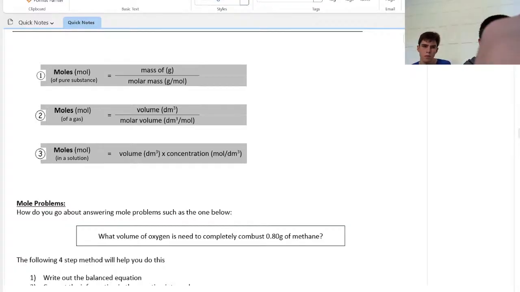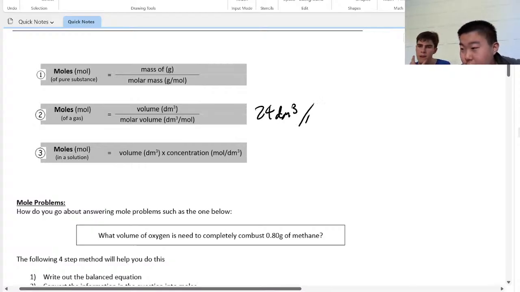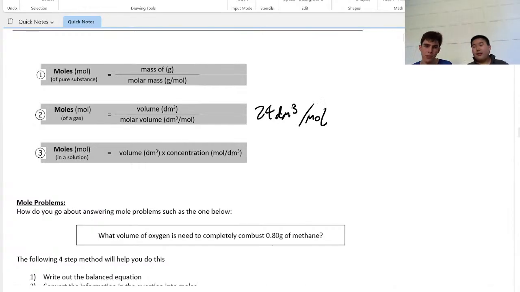So let's write that in. The main way they'll catch you out with these questions is to make sure to read if it's in cm cubed or dm cubed, and make sure when you're converting that it's 1,000, not 10. So 1 dm cubed is